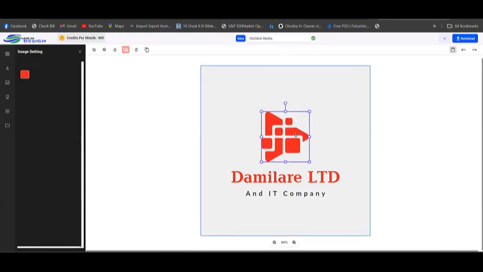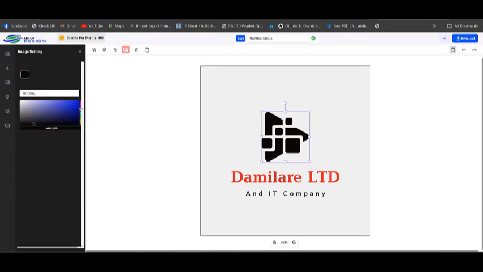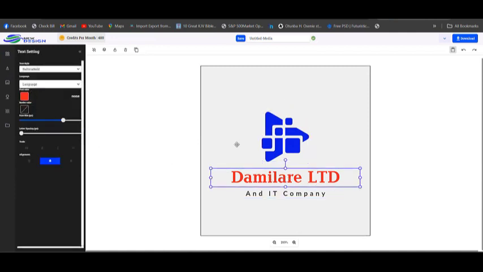Now to change the color, you can select a color from here, just like you are using Photoshop. You can change it to black. You can select other colors. You can change it to blue. Just select any color, play around with the color you feel is the company's color. You can change it to white, and white will not show. So now let me pick blue, and I can as well change this to match this color.